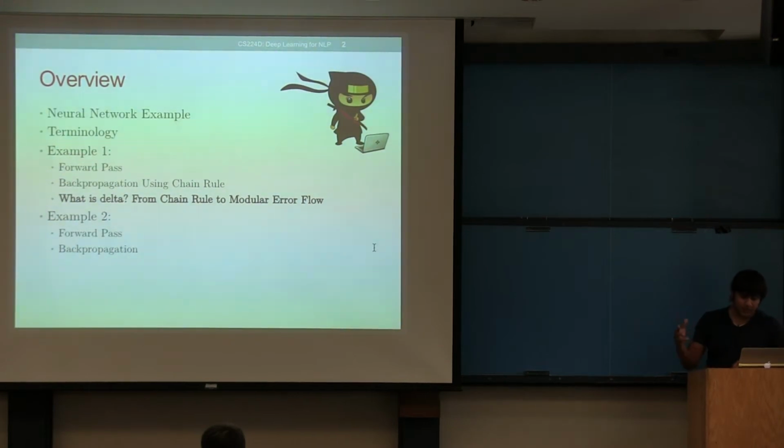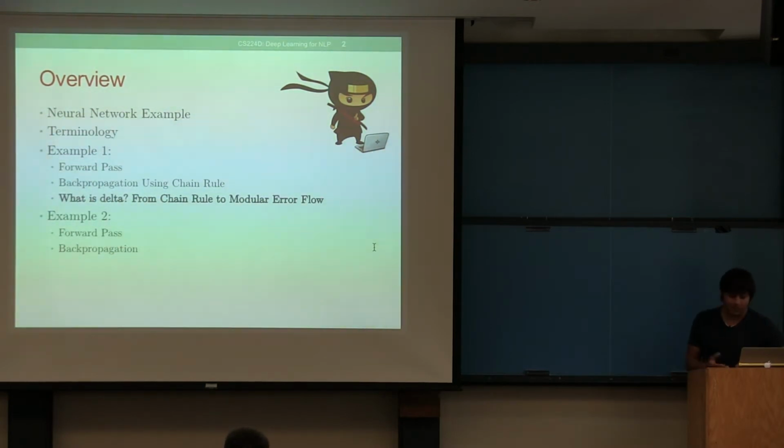I'm going to talk about what a neural network is, use an example, talk to you about the terminology, and then we'll do 2 examples. In the first one, I'm just going to use the chain rule to calculate the derivative for one of the parameter updates. Then I'm going to talk about how to move to the modular error flow, which is something we noticed in office hours that not everybody is completely comfortable with. There's a lot of confusion about what delta is, where exactly we calculate it, where exactly we measure it. So we're going to talk about that, and then I'm going to do a second example where we use just the plain concept of delta.